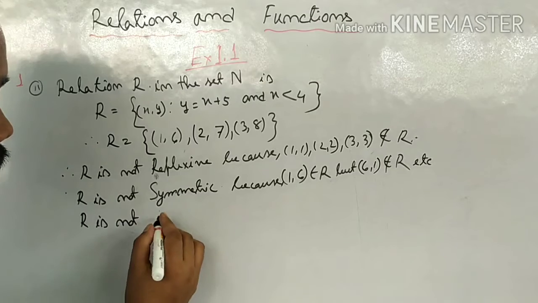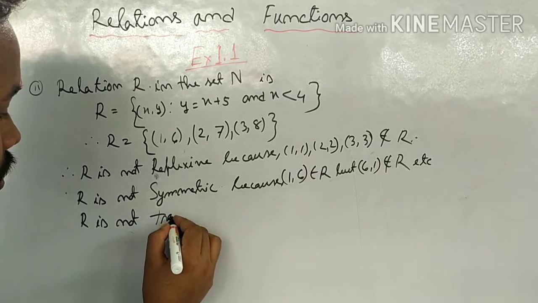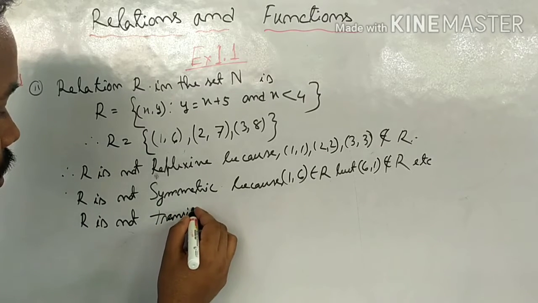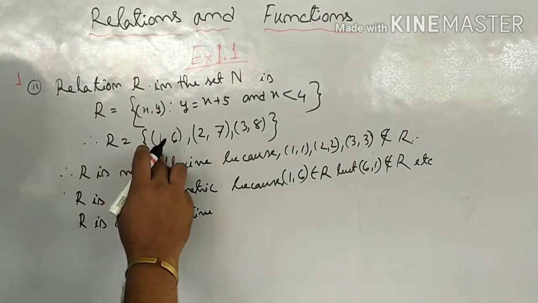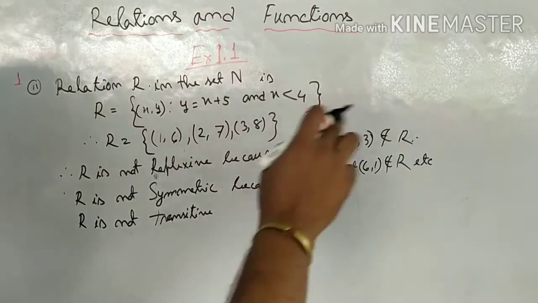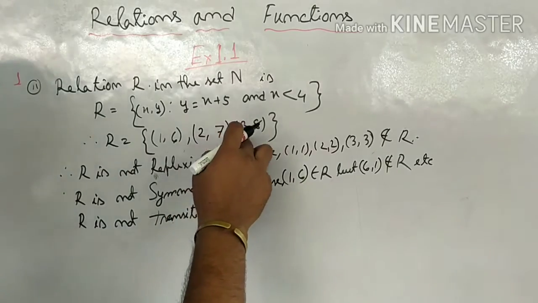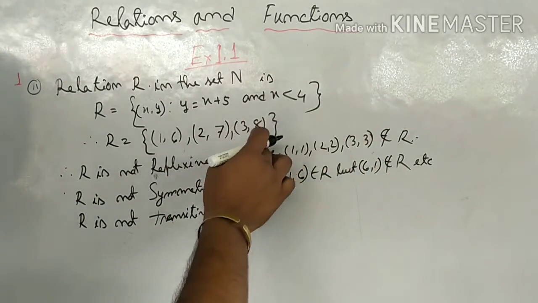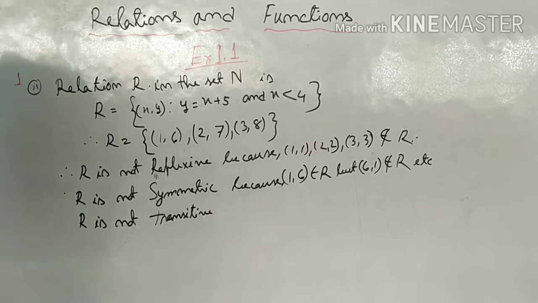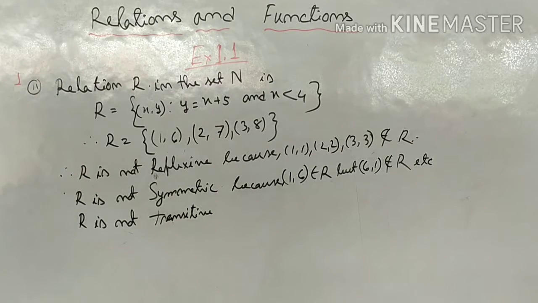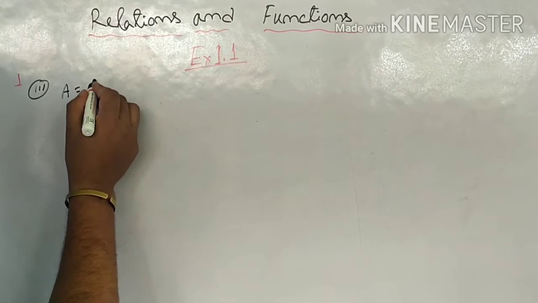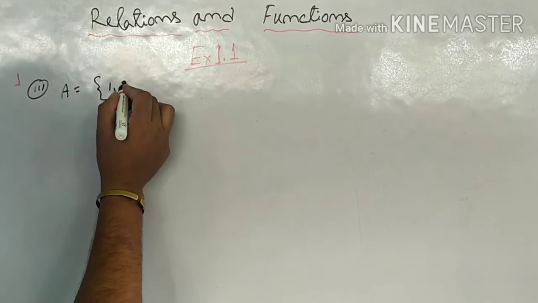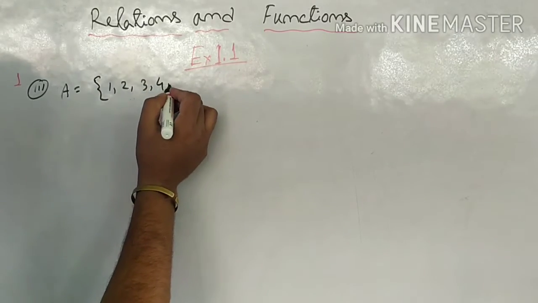R is not transitive, because in the relation we cannot get another element whose x value is 6 or 7 or 8. So R is not transitive. Did all of you understand? Now question number 3: A = {1, 2, 3, 4, 5, 6},